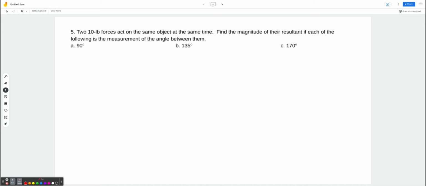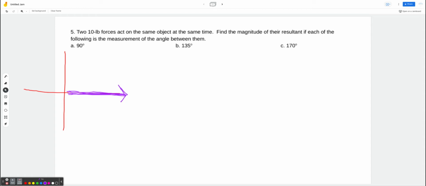So I like this question. It makes me understand things a lot better. So let's just say that this object is at the origin. Okay. So let's make our XY axis, and let's say we have one. Oh, that's white. I can't do white. Okay. So you got